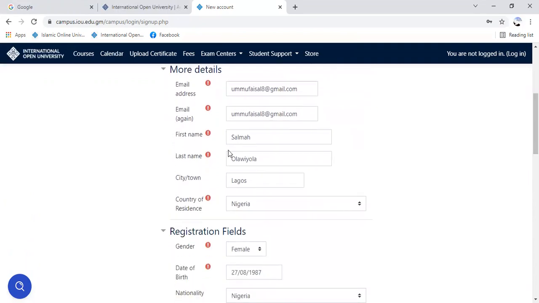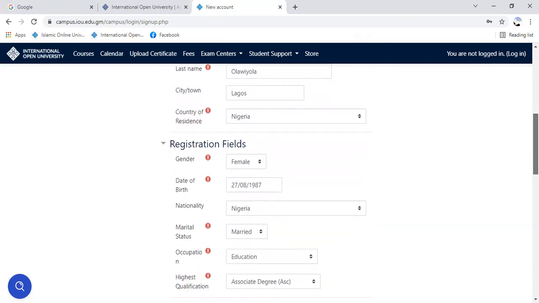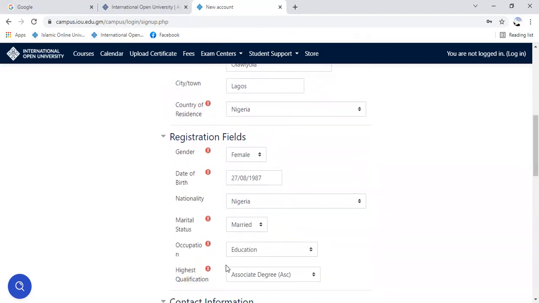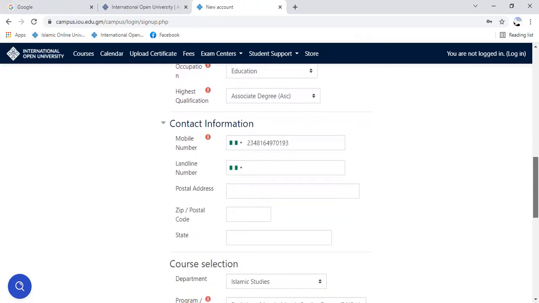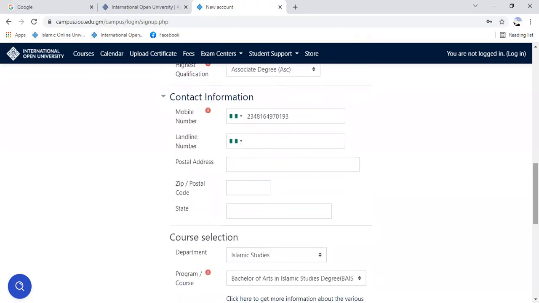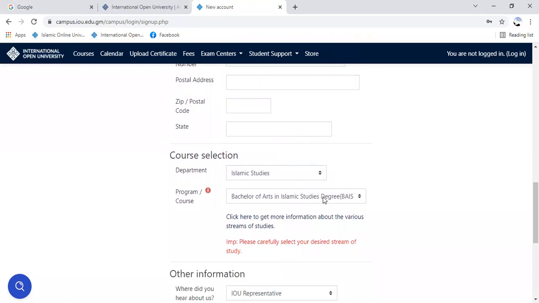Then check your name, check the spelling, and ensure that you have put in your name correctly. And also check your gender, your date of birth, your nationality, check everything correctly. Ensure you have checked the department you apply into, your phone number, the department and the program. Ensure that you pick the right program.